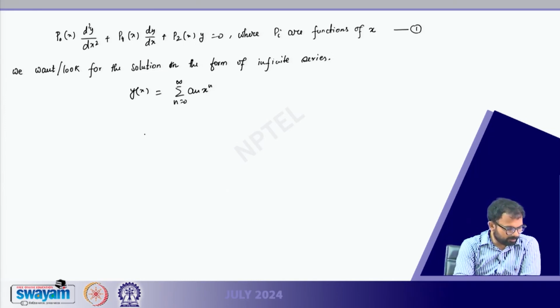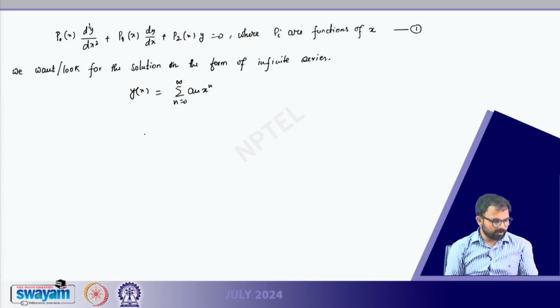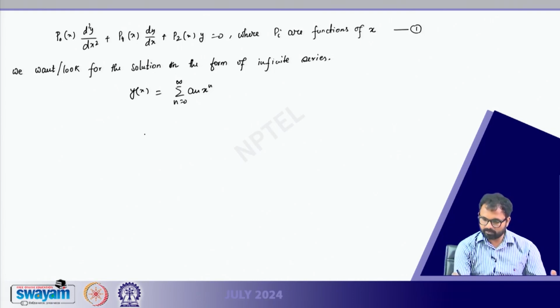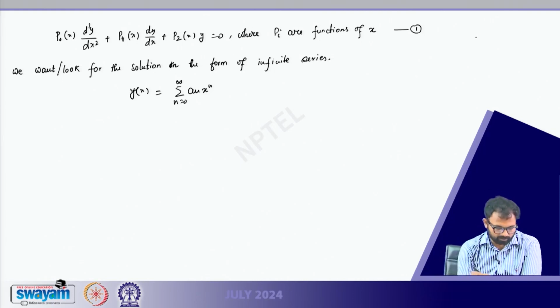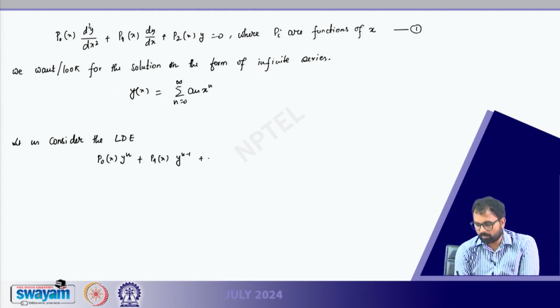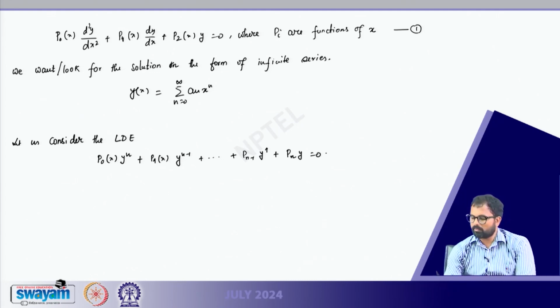To start with, let me give you some definitions. Let us consider this equation itself, but in a general form: the linear differential equation, LDE, of type p0(x) y^(n) plus p1(x) y^(n-1), and this will continue, plus p_{n-1} y' plus p_n y equals 0,